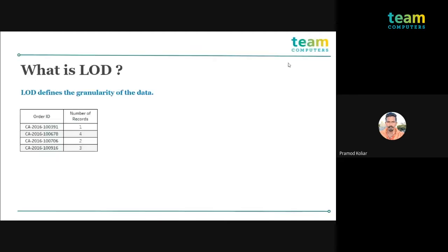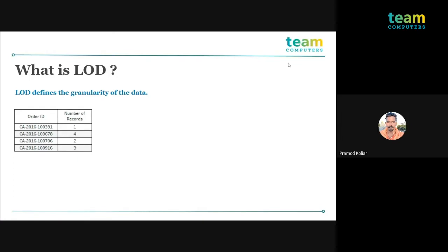I have created an example for that. So as I said, LOD defines the granularity of the data, and this is a screenshot of my data. I have the order ID and I have the number of records of each order. So you can see over here, the order in the first row is repeated only once.